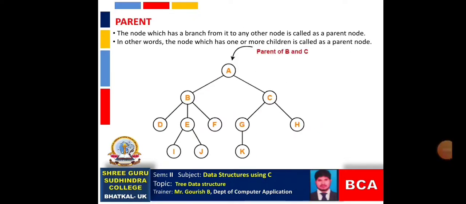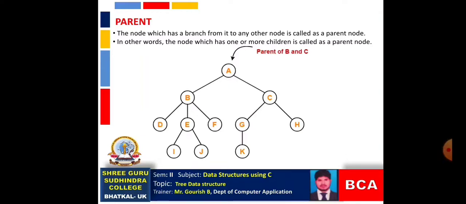Fine. The third terminology is parent node, right? Before coming to the parent, let me explain two terms, successor and predecessor, right? What is a successor? A successor is something which comes next, which comes after, right? And a predecessor is something which comes before, which comes earlier, right? So which comes before is called the predecessor, and which comes next is called the successor, right? See here,